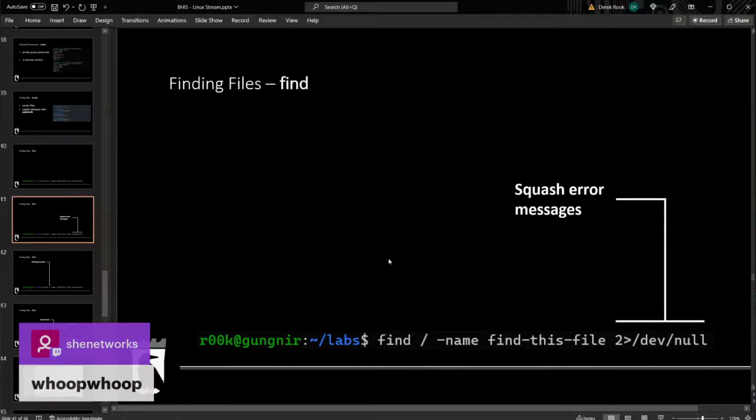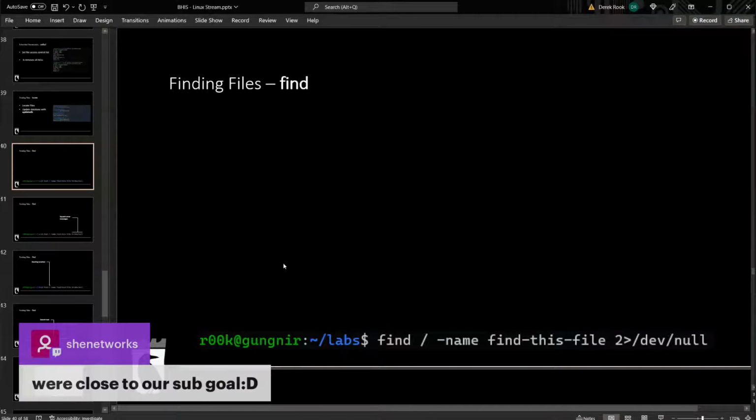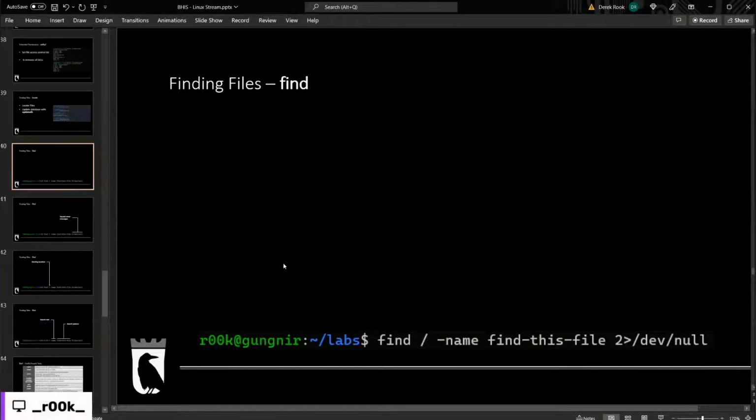But I think I shied away from the find command for a long time because it was a little more complex and hard to understand. But I'm telling you, if you work in Linux every day, it will behoove you to get familiar with the find command. And you can do a lot with the find command without knowing a lot about it.